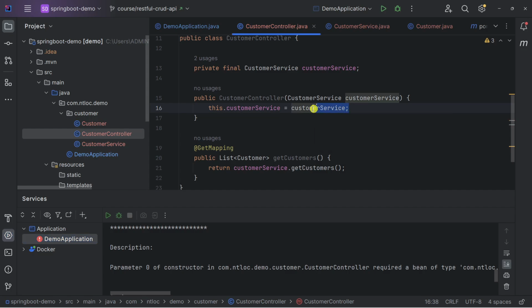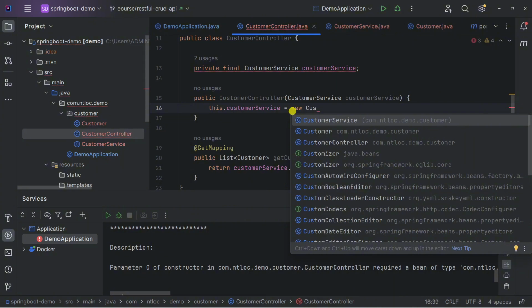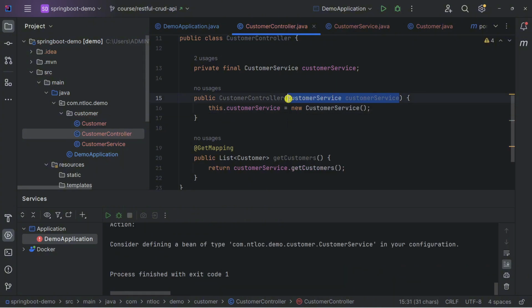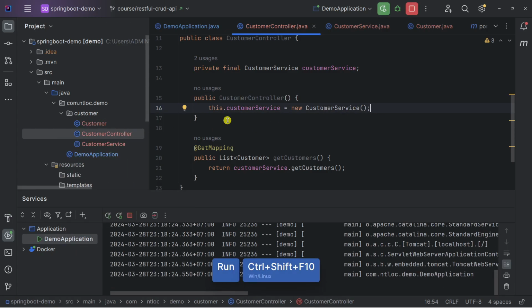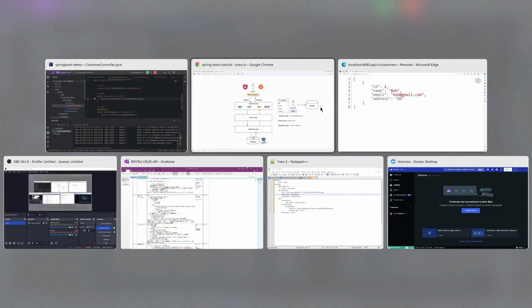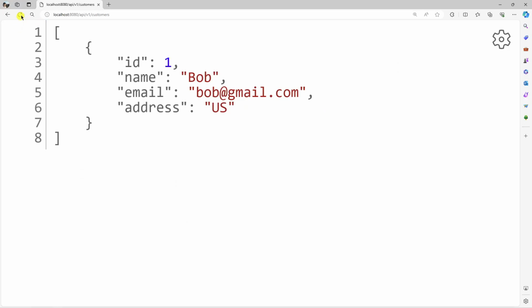So as you saw earlier, it would not work. But if I change to new CustomerService, if I remove the parameter in here and rerun again, go back to the browser and then reload the page, you can see here it also works.